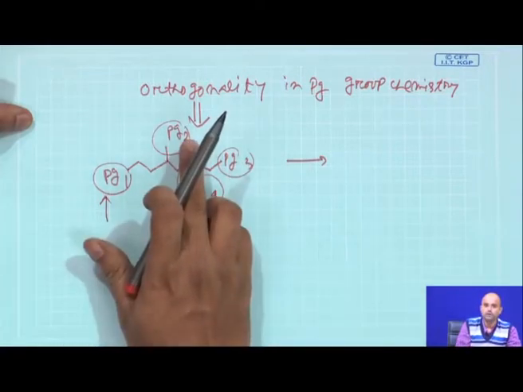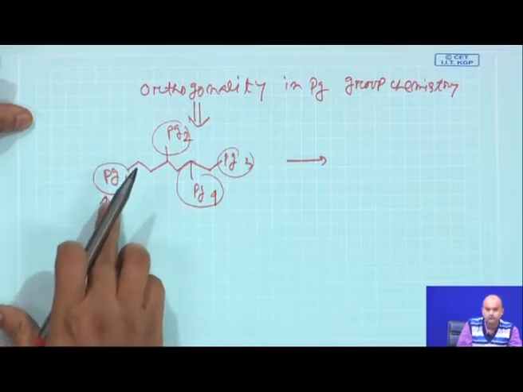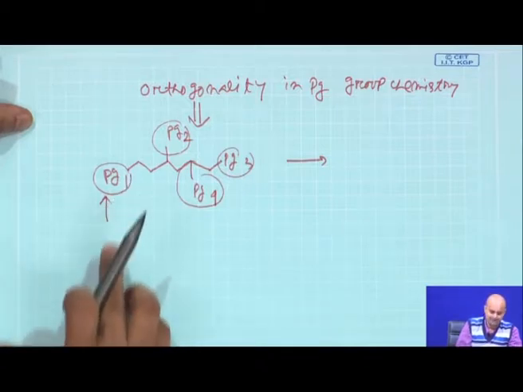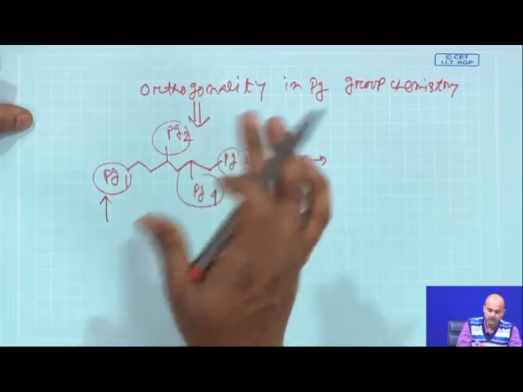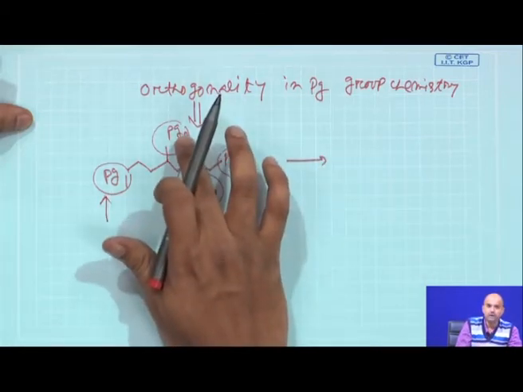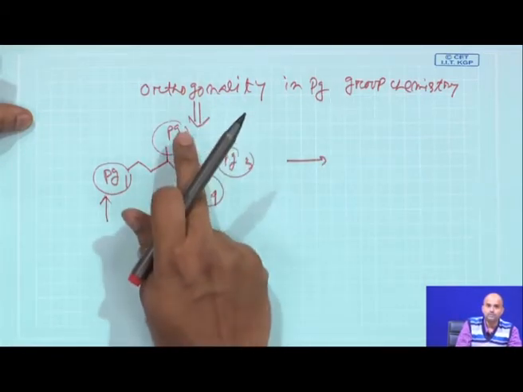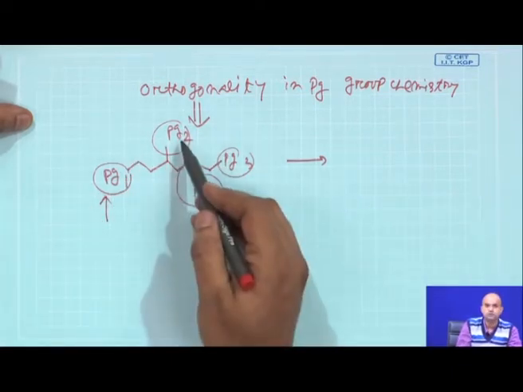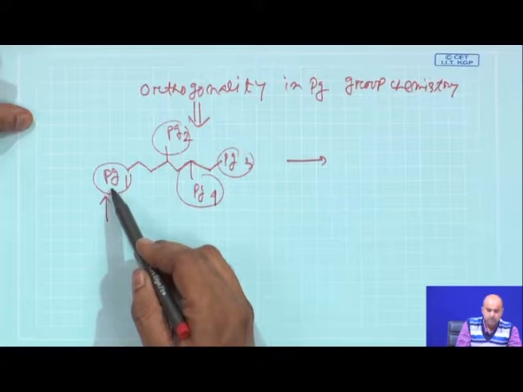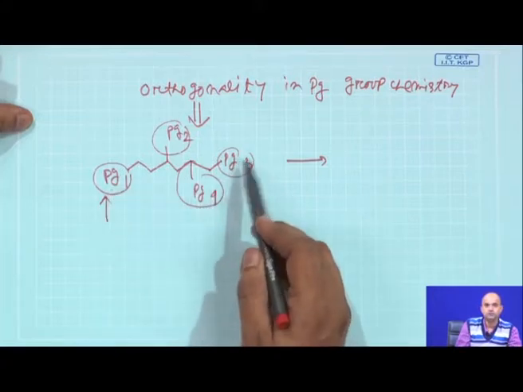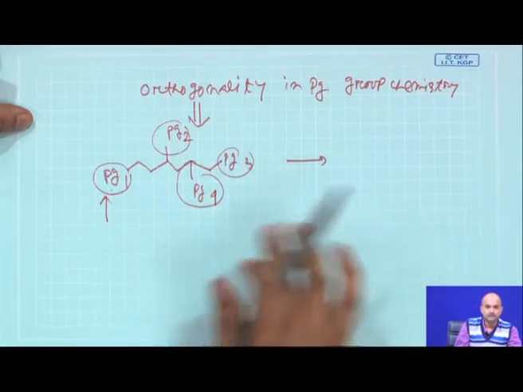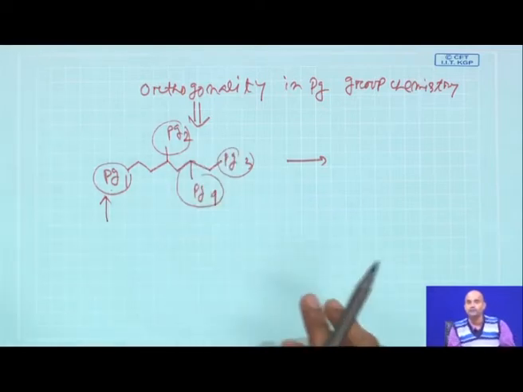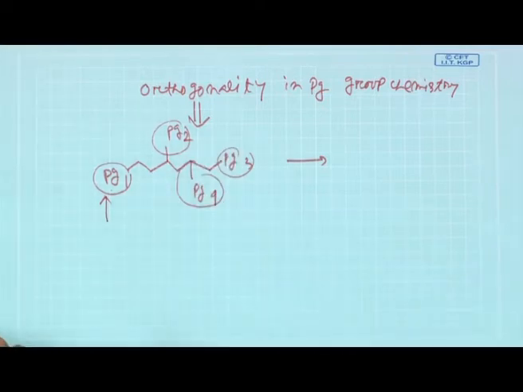That is the orthogonality: your reagent system should only target PG1. Now, if I say you have to deblock only PG2 and you want to do FGI here, you need to find a reagent system which will only cleave PG2, with the remaining PG1, PG4, PG3 staying intact. So, that is the main beauty or main challenge of finding orthogonality in protection group chemistry.